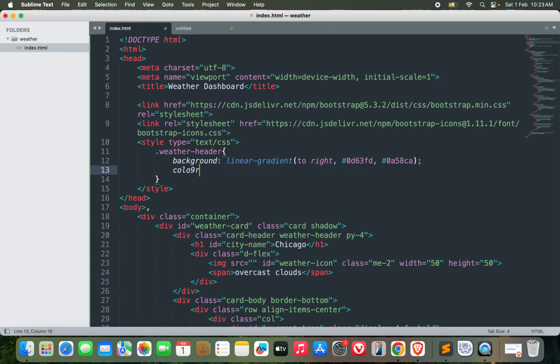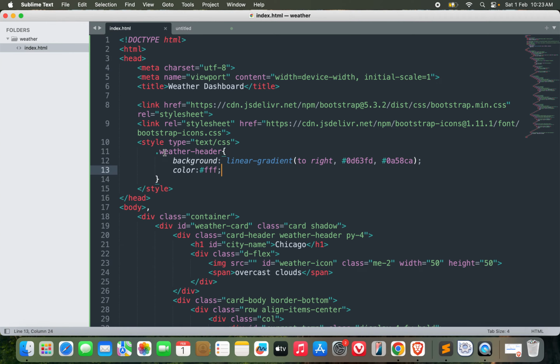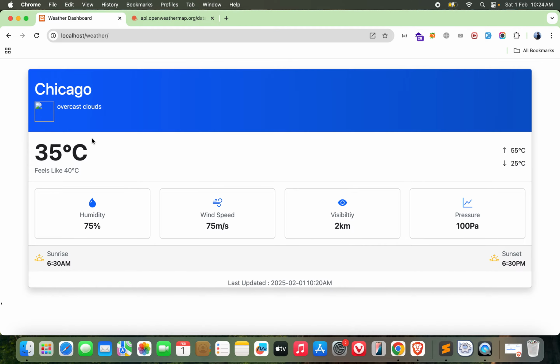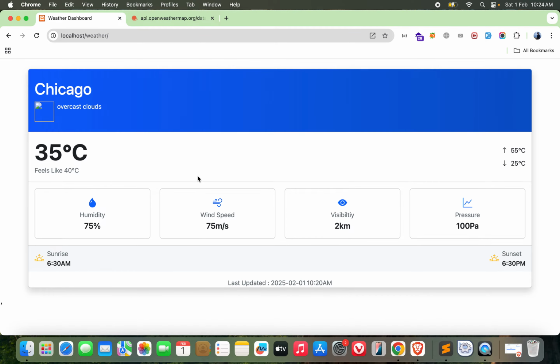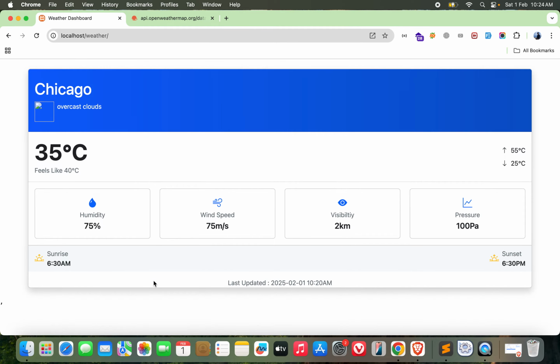And now let me change the color to white. Nice. Okay. So I may need to add some more classes here, py-4. Okay, not bad. This is good. What else? Maybe for the card footer, do I need something? Let's go with bg-light. And okay, this should be enough. You can always play around with the design and things like this, but let's